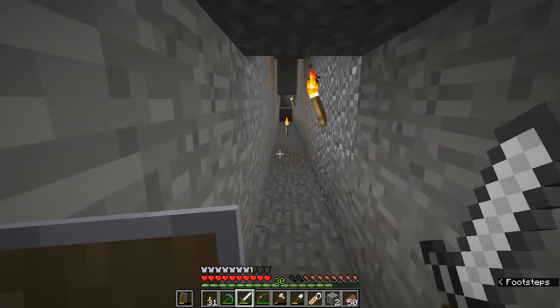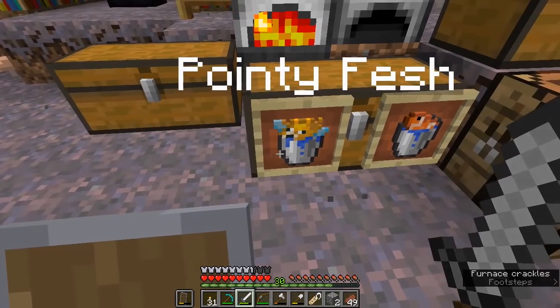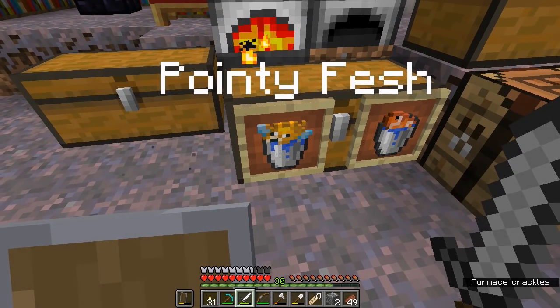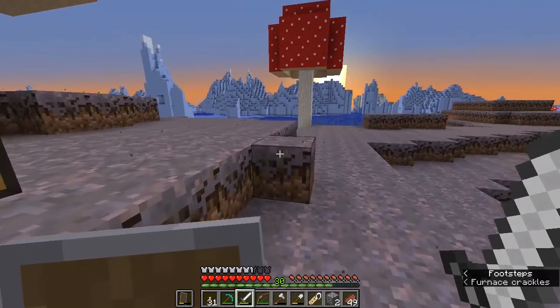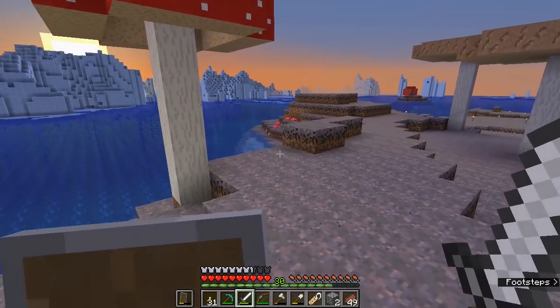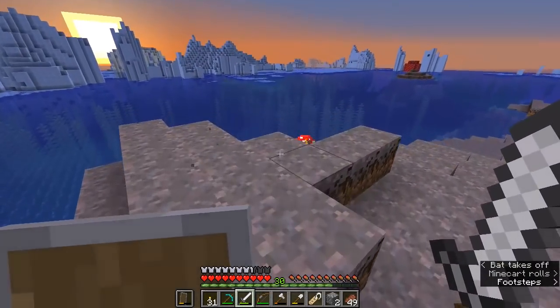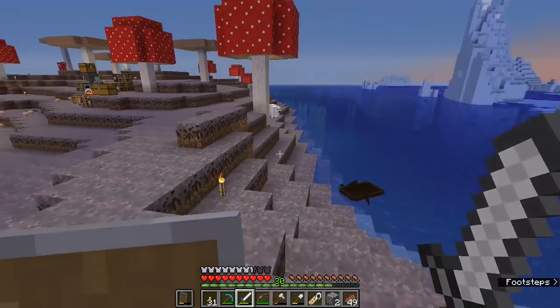I'm going to head back up to the surface so I can show you Exhibit C, some presents which have been left for me actually by Zlo XP during the live stream. We have a pointy fish, we have a fancy fish, and we have over here somewhere, wherever he's gotten to, a polar bear. He's brought a polar bear over in a boat from the icebergs to my island, and yep, there he is,